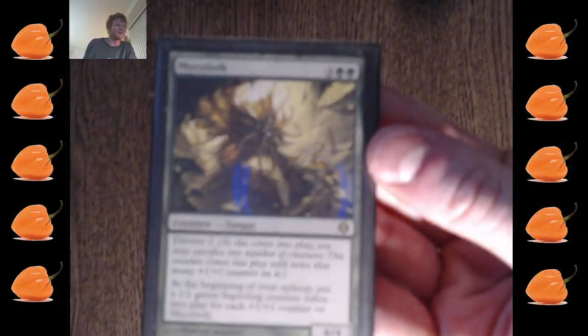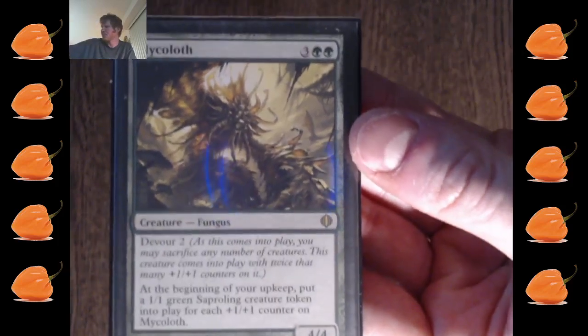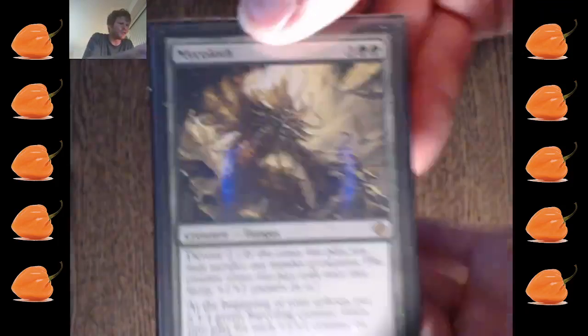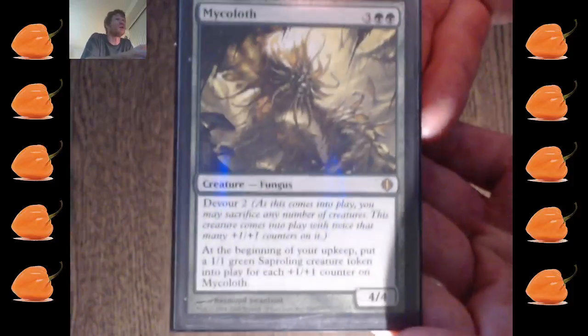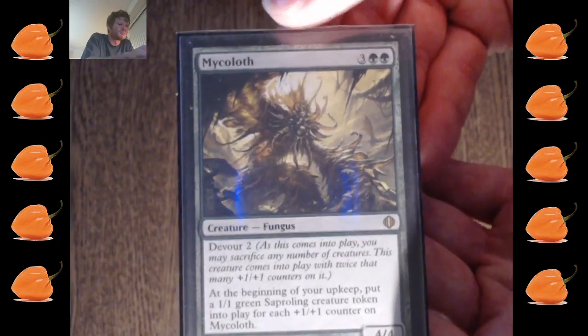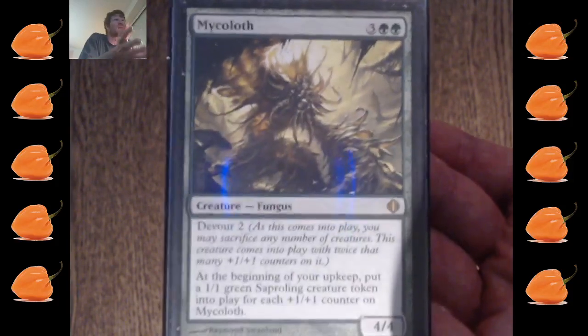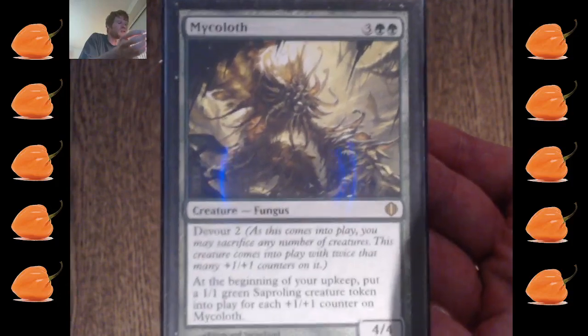Next is Mycoloth. I adore this card. I've had this card for a long time. I opened this up in a booster pack. So, Mycoloth is crazy strong. It's a 5 mana 4/4 with Devour, and for anybody who doesn't know the Devour mechanic, it basically says,